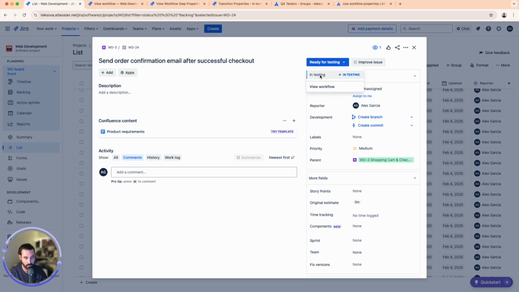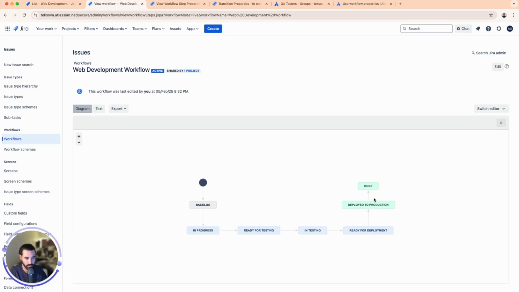Now, I'm going to go ahead and transition this just to show you guys the status property. So if I click on ready for deployment, then deploy to production. Now remember, our status property is in the status of done, meaning that once I change it to the done status, I should not be able to edit anything within the issue. So let's give that a